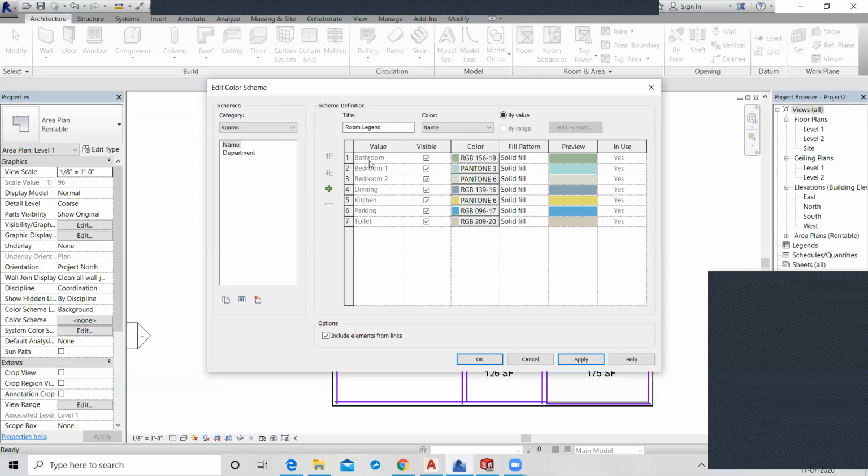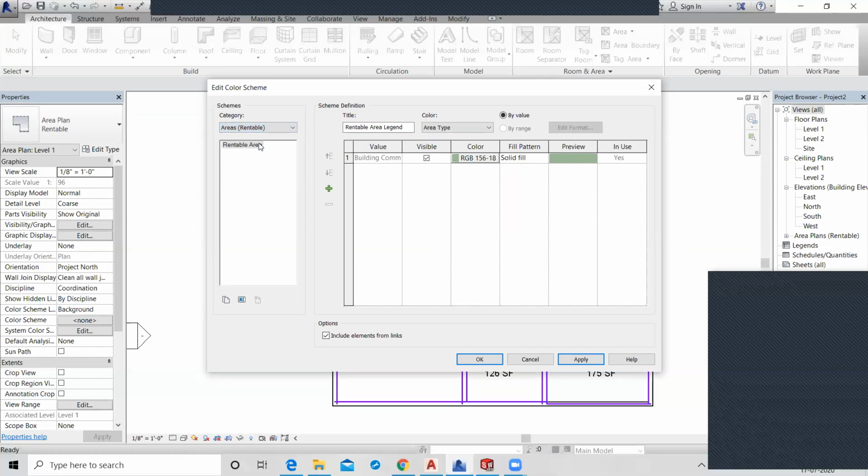In rooms, we have bathroom, bedroom 1, bedroom 2, dining, kitchen, parking and toilet. If you choose the room as an area, like this, this is your total building area.